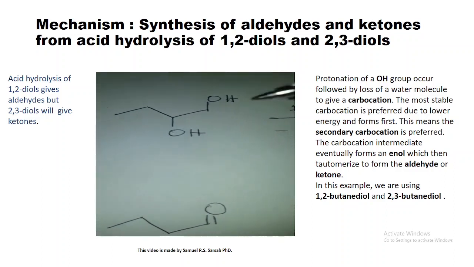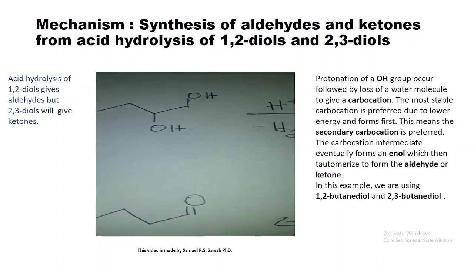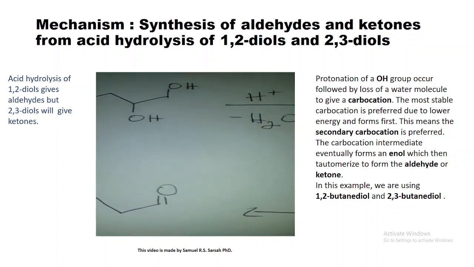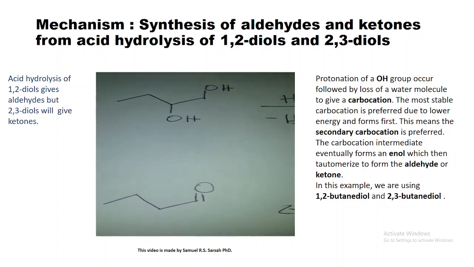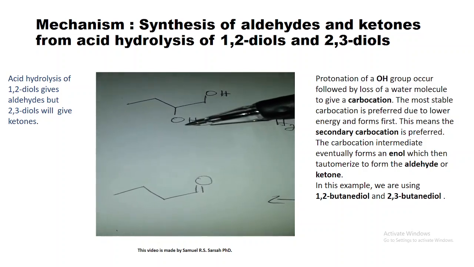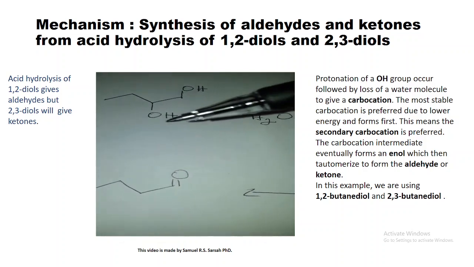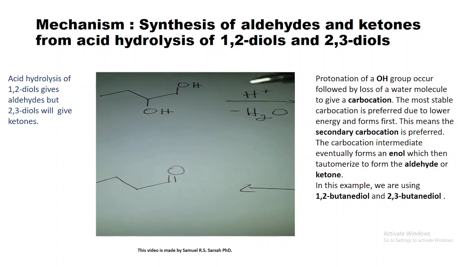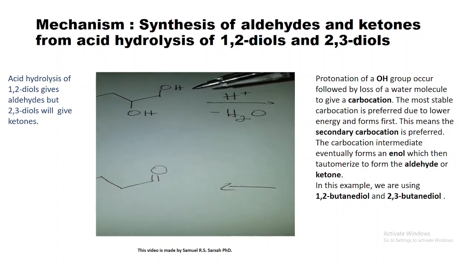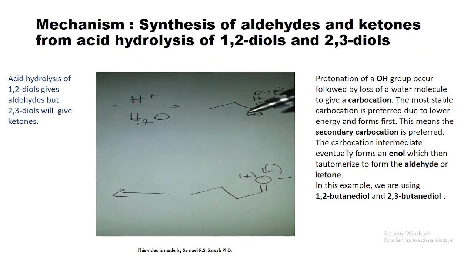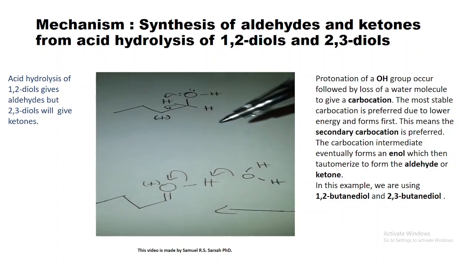I wanted to convert this diol to an aldehyde by acid hydrolysis. So these hydroxy groups will get protonated, but the secondary one is most preferred because it will give a much more stable carbocation compared to the primary hydroxy group. So protonation followed by loss of water will form this carbocation, and then